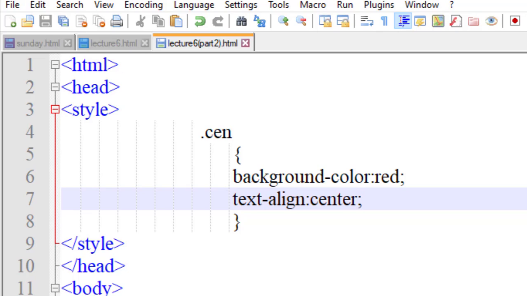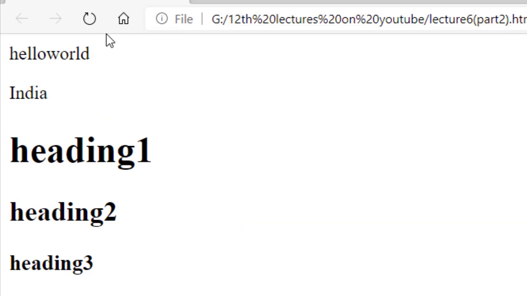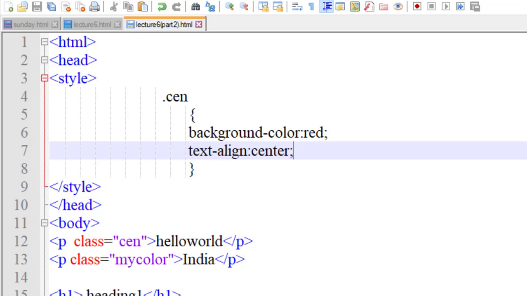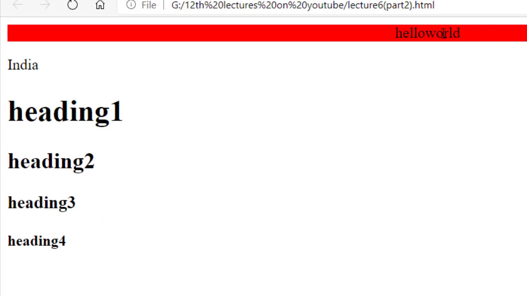The class CEN we have applied on the first paragraph, so the background color of the first paragraph would be red. And we set the align as center, so the text would come in the center position with a red background.